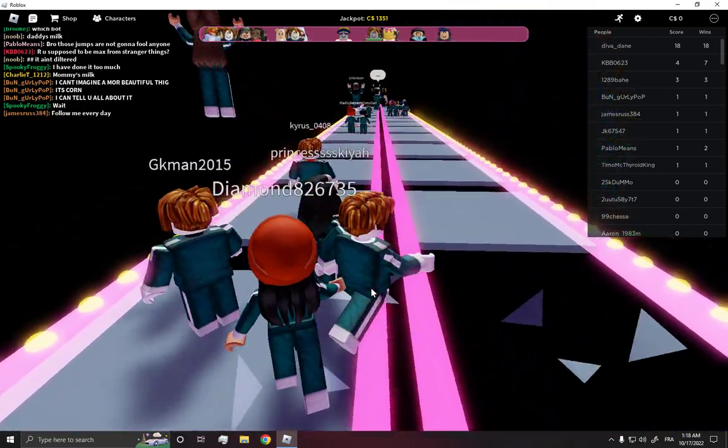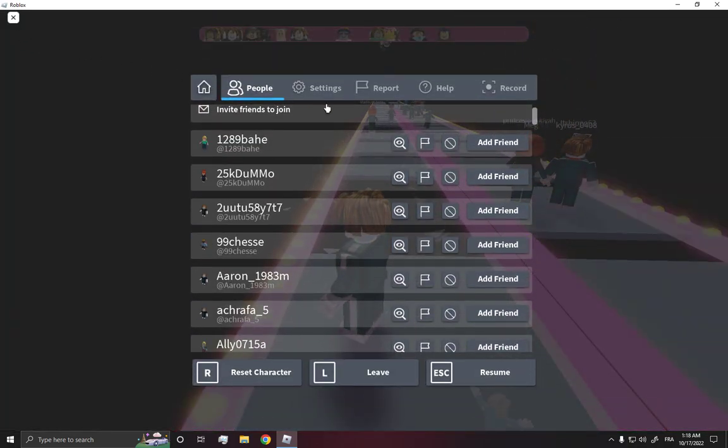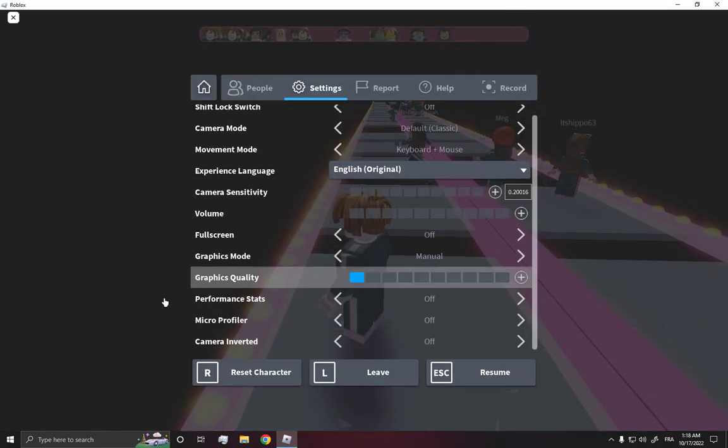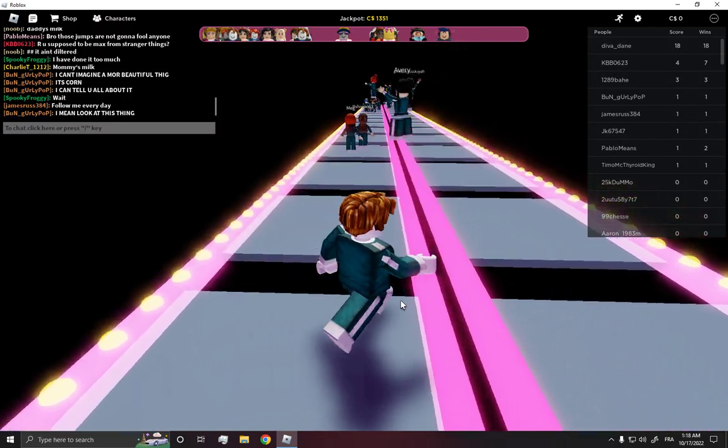If it's not, then you have another choice: go back to settings, click on here and make sure to turn off those three options and click resume. Now it's gonna be